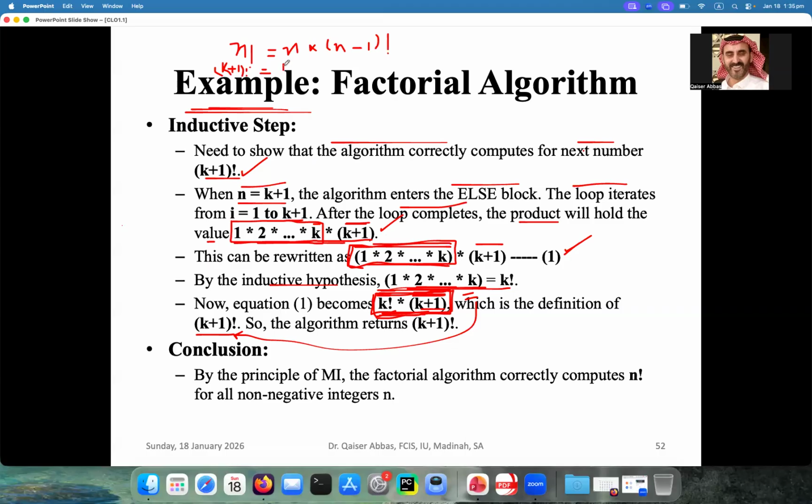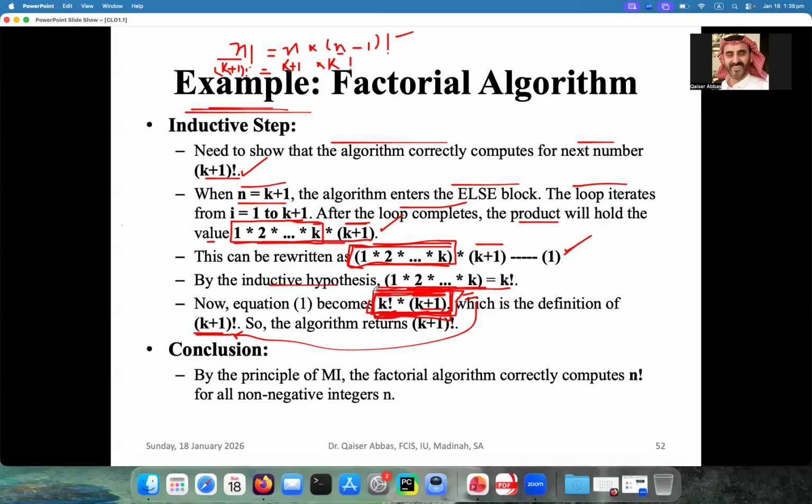And then n is equal to k plus 1. And here, when you put k plus 1 minus 1, the 1 is gone. Then you have only k and this factorial symbol: k factorial times k plus 1. Is this the same or not? And this is equal to what? k plus 1 factorial. And I am also saying the same thing, that this equation 1, which is